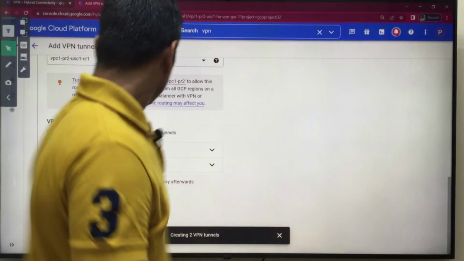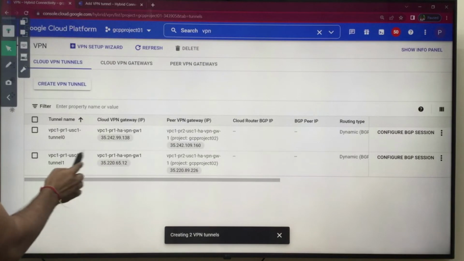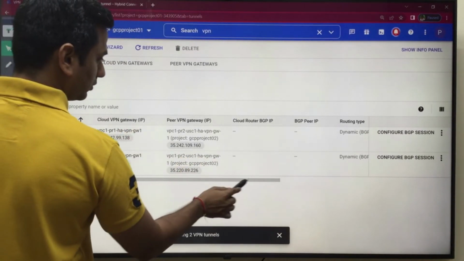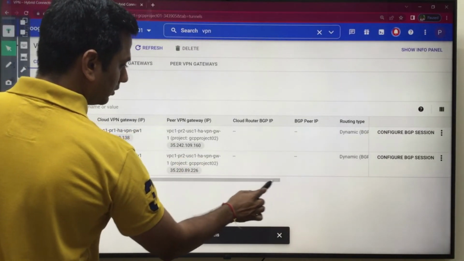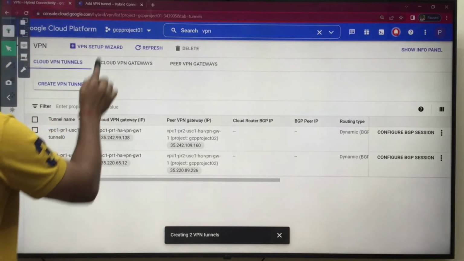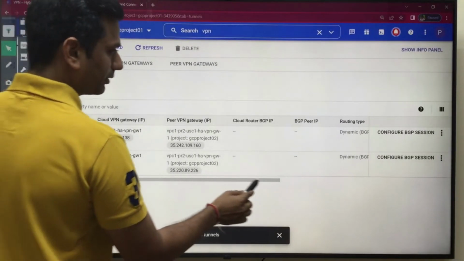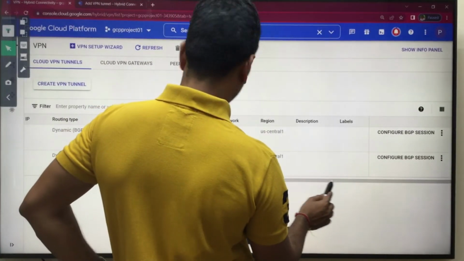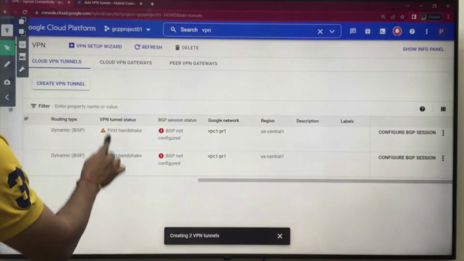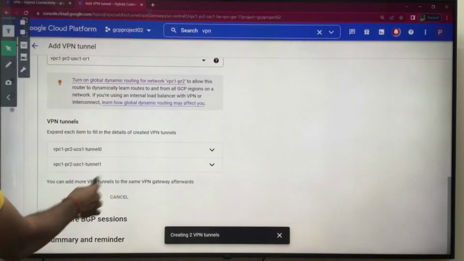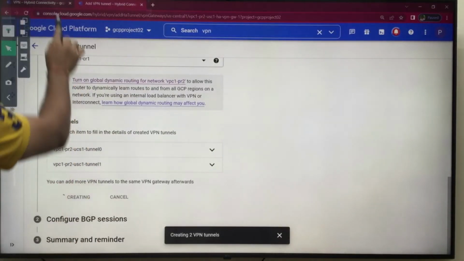Okay, so now let's go to VPN 1, correct? Look at what is happening over here. Cloud VPN tunnel, dynamic routing protocol not yet configured, right? Let's see whether the first handshake is being created or not. Wait, it is in progress.